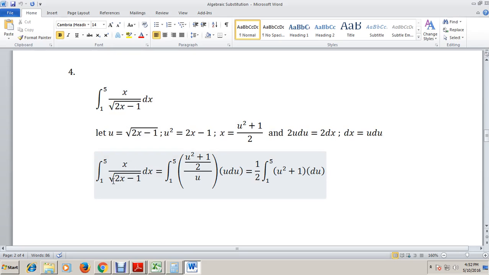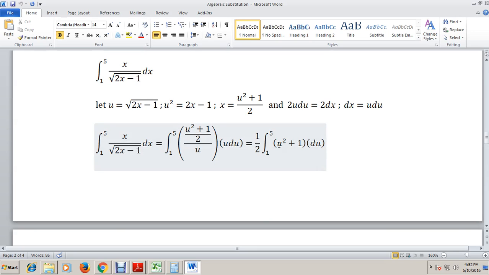Okay, so doing the replacement, our x is u squared plus 1 over 2. Our dx is u du, and the square root of 2x minus 1 is our u, so that is u here, u there. Notice that we have a 1/2 here. We could place that outside the integral. So what is left here is u squared plus 1. Of course, also we have u over u. We could cancel this u, so what is left there is simply du. So therefore, we have 1/2 times the integral of u squared plus 1 du,